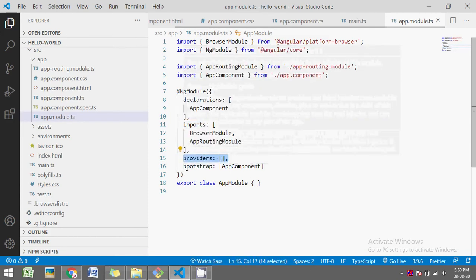And finally, we need to tell our application what it needs to bootstrap with, which one is the main component of our application. In this case, it is AppComponent. Any component which we create in our application will be a child component of the main component, and that is the only component we need to pass to this bootstrap array.